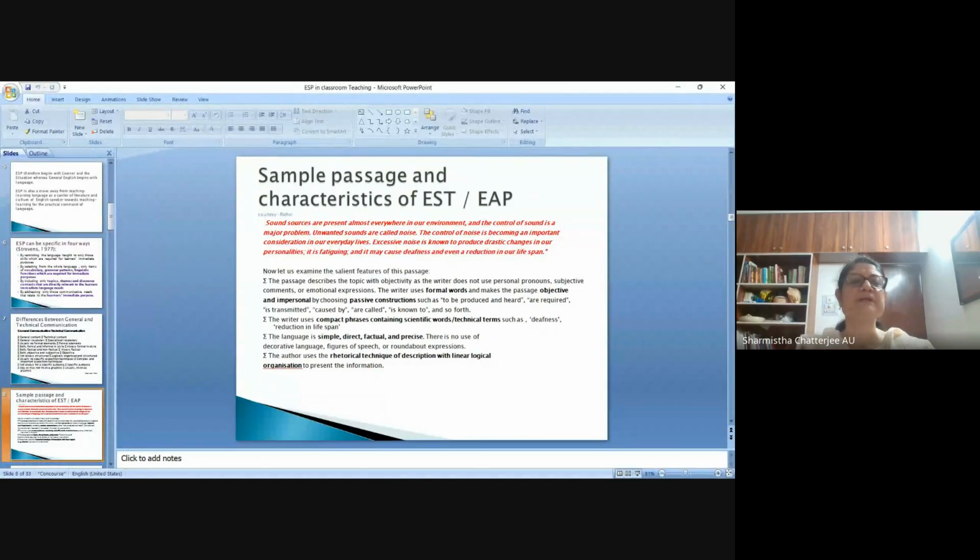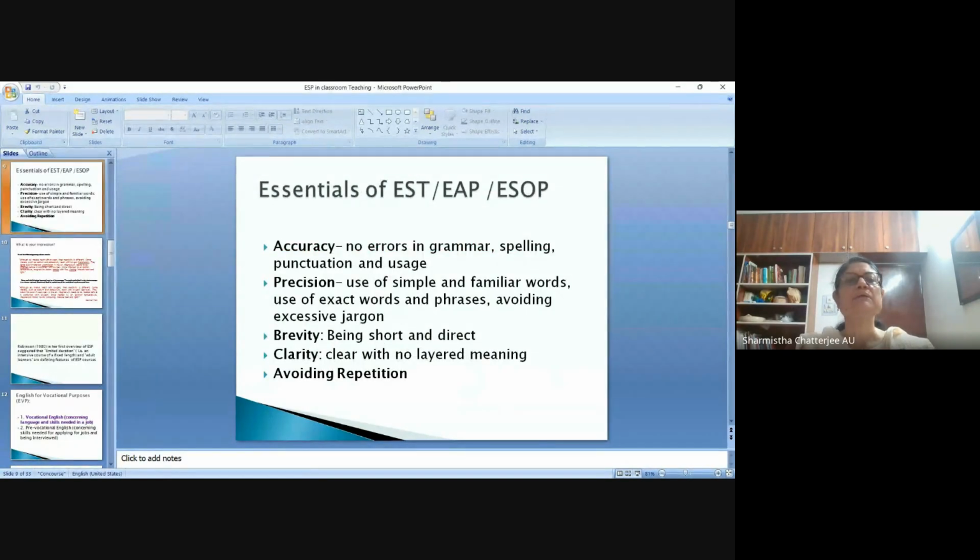To move on further, what are therefore the essentials of this kind of English? This sample which I was showing you, of a sample passage from physics, okay? There has to be absolute accuracy. I am very respectful that you are teachers who know your subject well. So accuracy for you is of utmost importance, and accuracy not only in your subject, but also accuracy